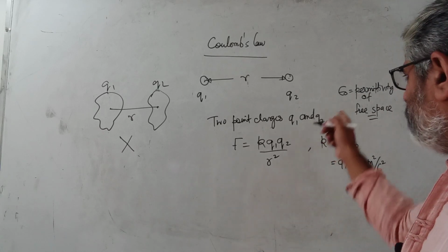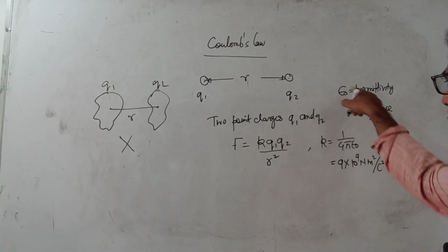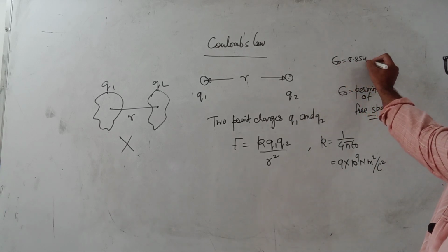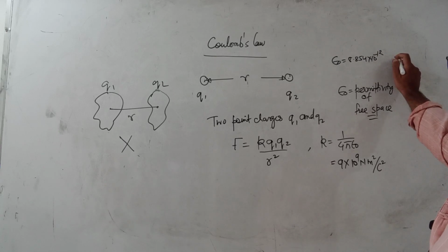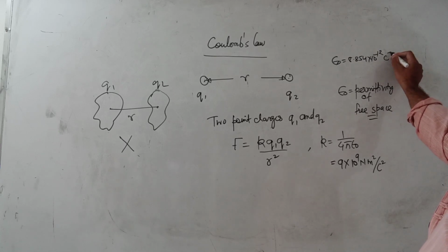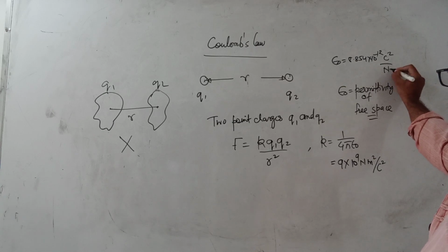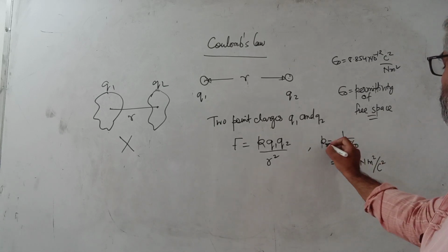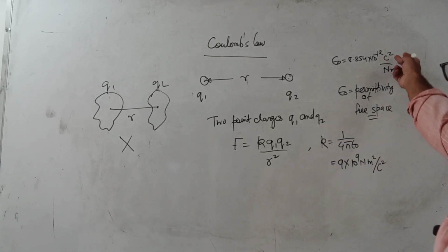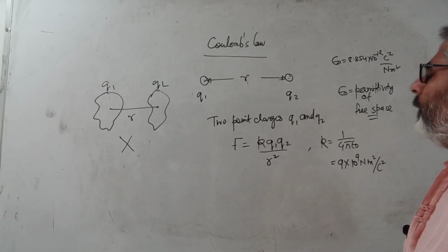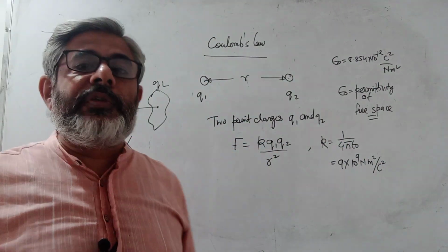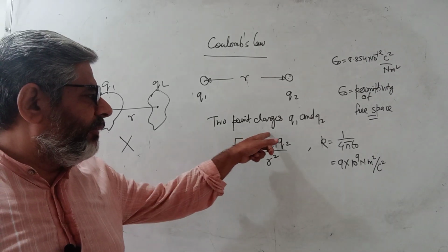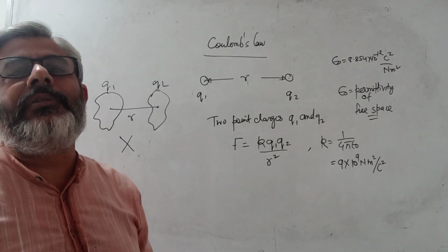Epsilon is a Greek symbol. So epsilon naught has a value that is 8.854 into 10 raised to the power minus 12 Coulomb square. इससे उल्टा आएगा इसका unit upon, because K is 1 upon 4 pi epsilon naught. So whatever is the unit of K, the reverse of that is the unit of epsilon naught. When you put this value in, you get K as this. You can see that the value of K is very large. If you compare it with the gravitational law, then we say F is equal to G m1 m2 upon r square. That is also an inverse square law.